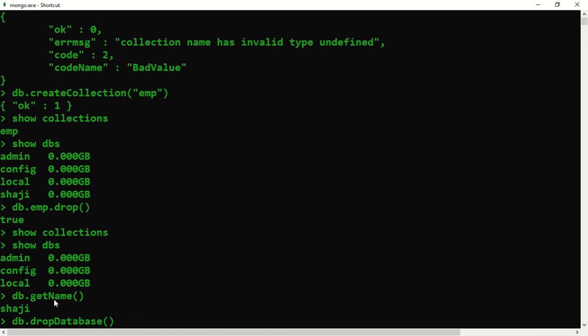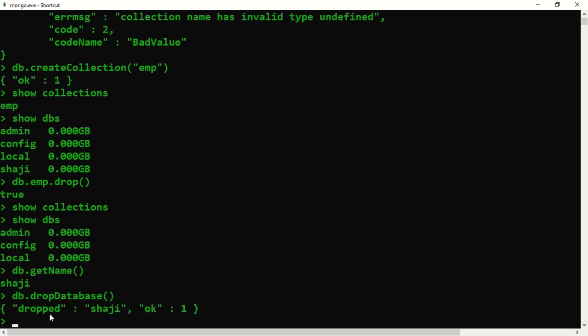That database may contain many collections or documents, but when you say drop, it will remove without asking you a second time. So db dropDatabase will remove your current database. Enter.